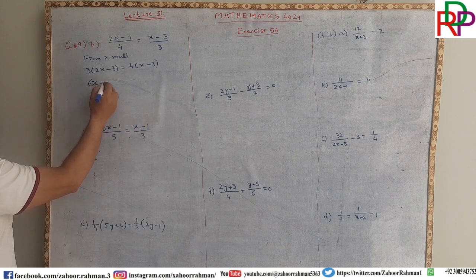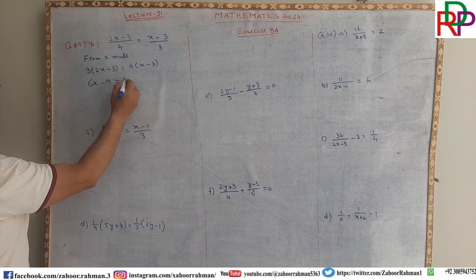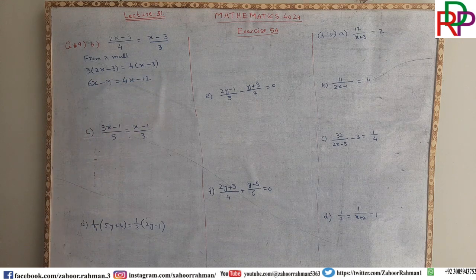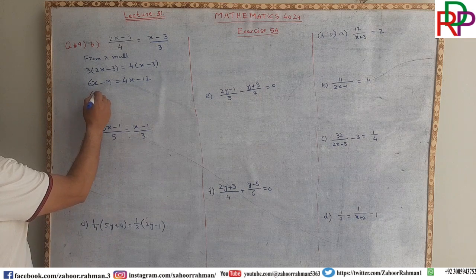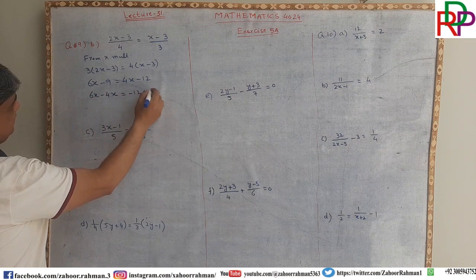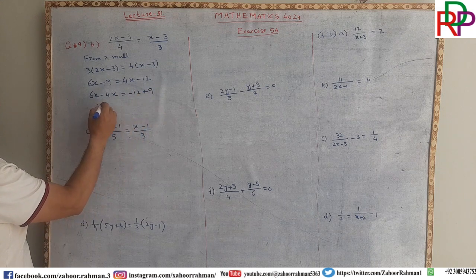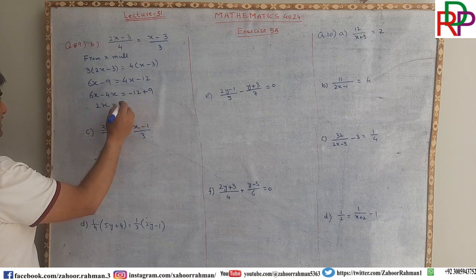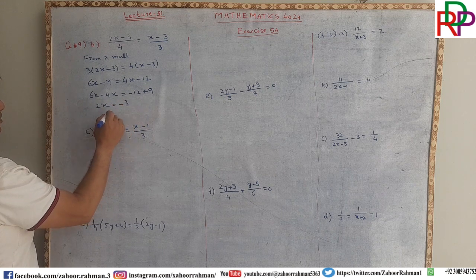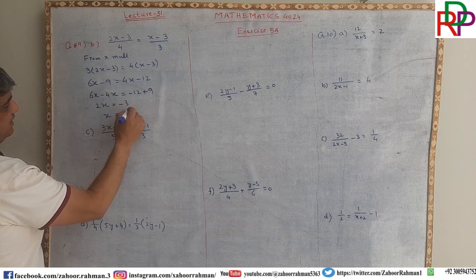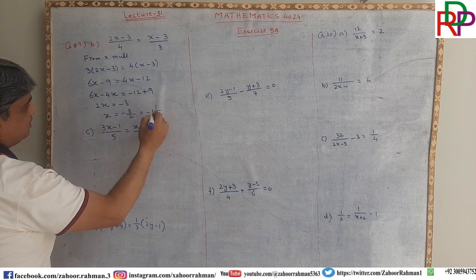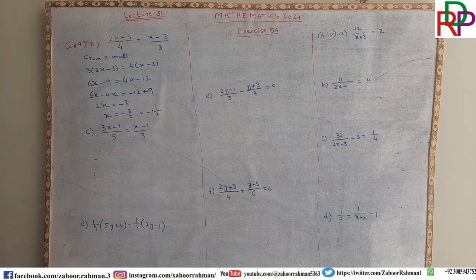So 6x minus 9 is equal to 4x minus 12, and then 6x minus 4x is equal to minus 12 plus 9. So this will give you 2x, and this will give you minus 3. So x is equal to minus 3 over 2, which is minus 1 whole 1 over 2 is the value